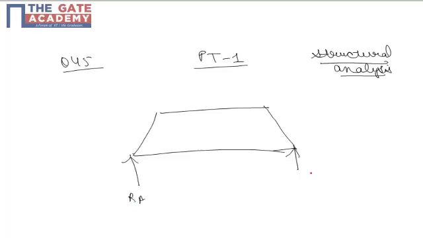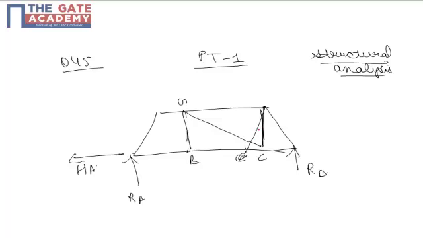This is RA, this is RD, horizontal HA is acting, this is B, C, like this. This is G. And see, there is only a vertical member. This is C, and joining G with C, this is point E. Here 25 kilonewton is acting. It is asked in the question what is the compressive force in member FGE.